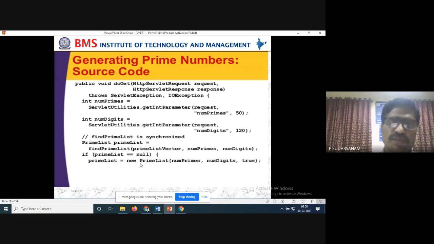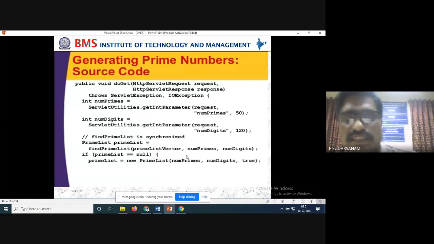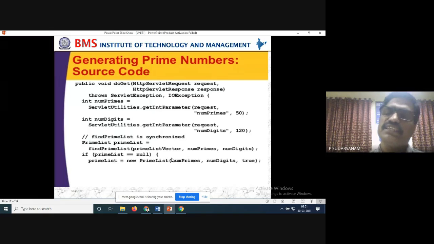So just one name called prime list, and the number of primes and the starting number of digits. So we can take as many numbers as you want. Not only prime number generation, there are also methods and parameters available. We can use the parameters and methods to generate the prime numbers. So here is the prime list, we take it with the given range directly, and we can print it, no need to write any logic.